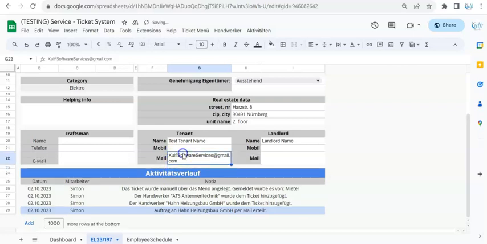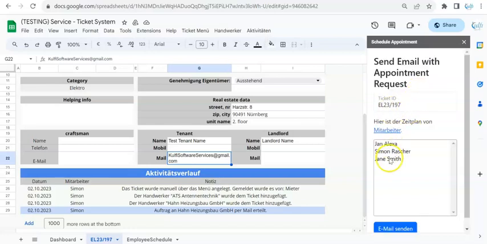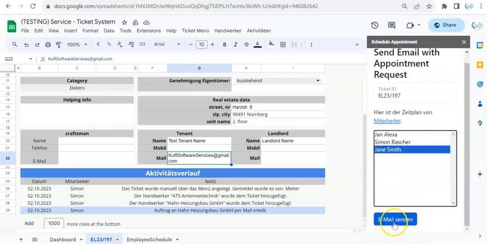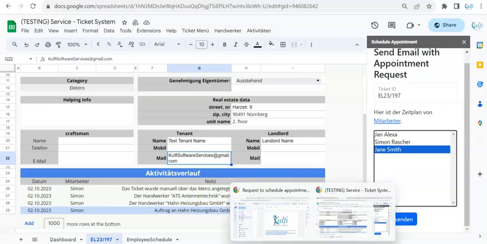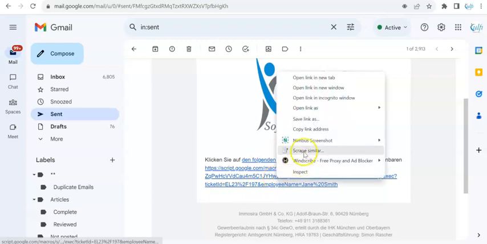So let's say I want to schedule an appointment with this tenant. What I'll do is I'll click on this schedule appointment, and then I'll select for whom I want to schedule. These are the employees, and let's say I want to schedule for Jane Smith, and I'll click on this email sender. What that will do is it will automatically send an email like this to the tenant, and then